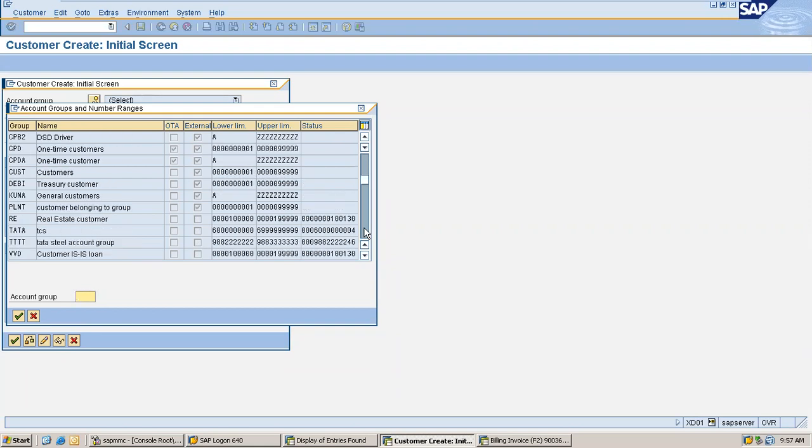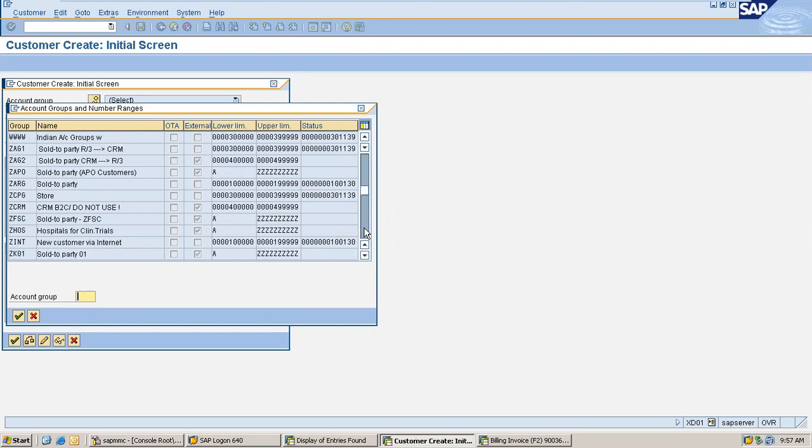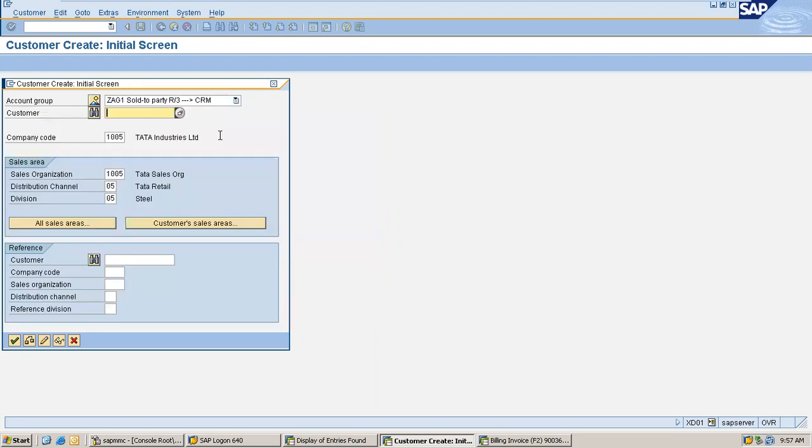So I can select any account group to create a customer master number from this selection. Let's take something very generic. You see this GAG1, sold-to party R3. I'll select this. GAG1 is my account group. Now I'm just pressing enter. I have selected the account group and XD01.